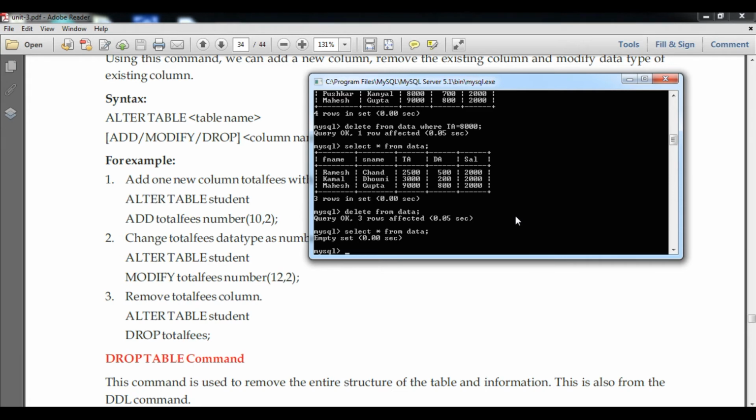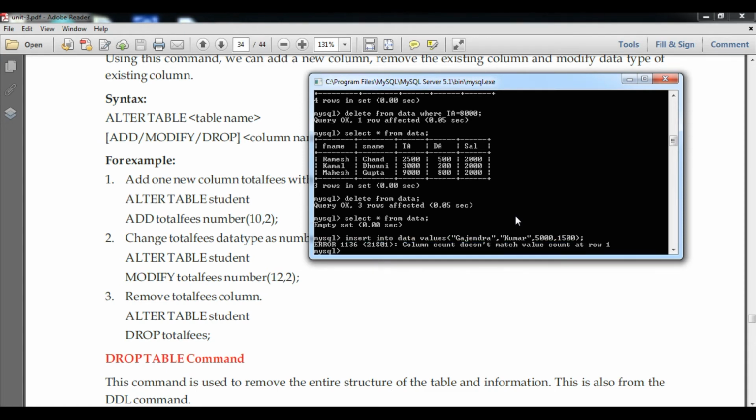First of all, I'll add a value in the data table. So insert into the table named data values. I have to put the same type of values. Suppose the first name is Gajendra, then the second name is Kumar, then TA suppose 5000, DA suppose 1500.